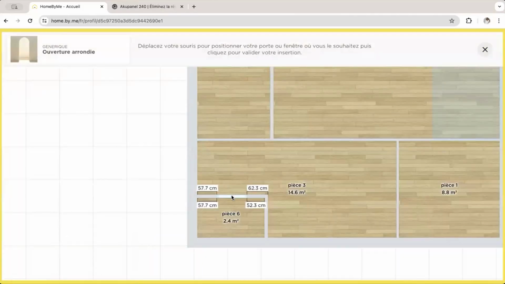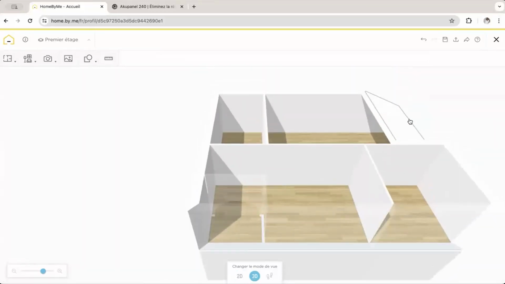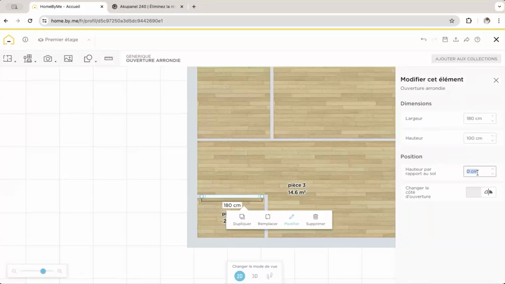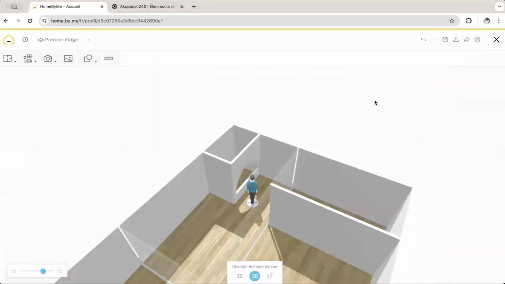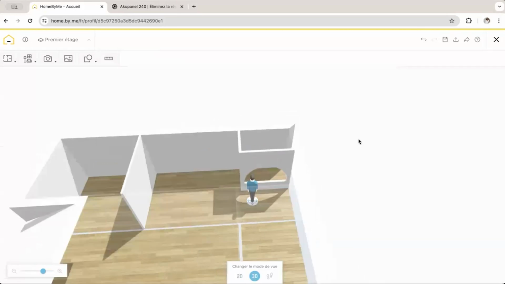There, you have an arch. I placed it on my wall, for example. These are elements that you can place only on walls. And here you can change the dimensions. For example, 180 by 100. Imagine. Oh no, I didn't change the height from the ground. I place 150. Pop, it can be the opening precisely to place, to access my lower bed,